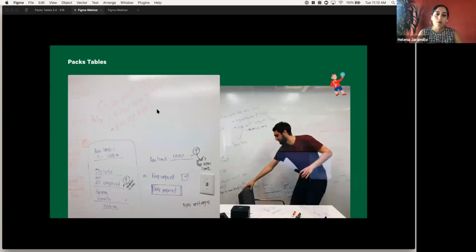Back when Gail and I were working on PAX tables, we would just get into a room and do some whiteboarding, and then get pretty specific about what questions we had, and then draw up some kind of UI for it. And the idea here is not to design the UI. The idea is to make sure that we're on the same page about what problems and questions we're discussing. And the pictures just help to make sure that we're being very specific about what that is.